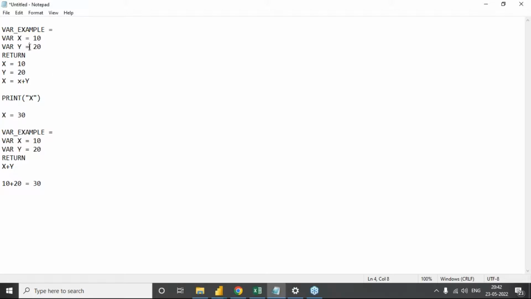We will write them in other coding languages. If you are working in C, you will define variables with some other keywords. Every technology has its own way of initiating variables. So in Power BI, we'll initiate variables with this keyword called var. That means Power BI will understand, okay, this x is a variable,